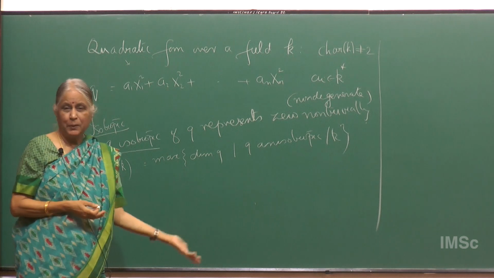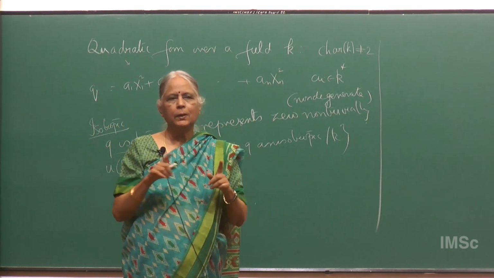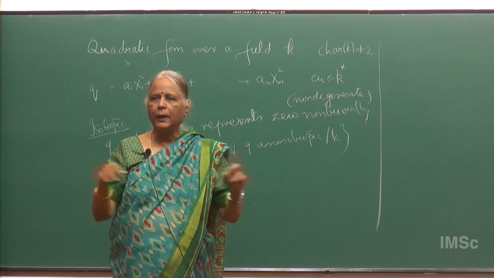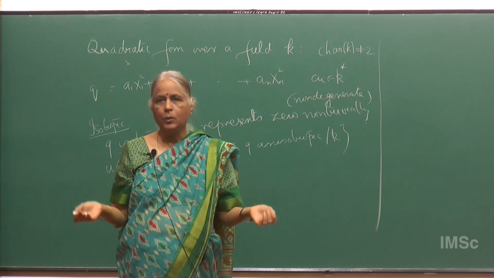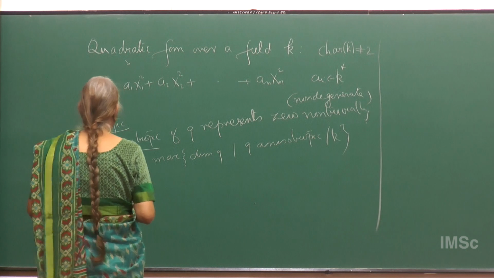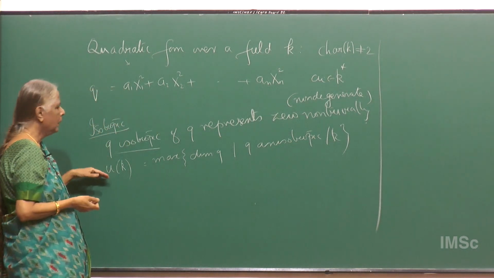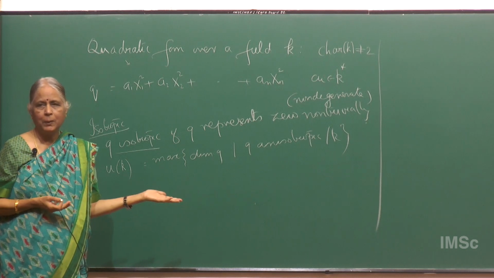Of course it could be infinite also. So if you take the field of real numbers, you can take x1 squared plus x2 squared plus up to xn squared for any n. It is a sum of squares, it's not going to represent 0 non-trivially. But we are going to look at certain fields for which this U invariant is finite. For instance, one example would be